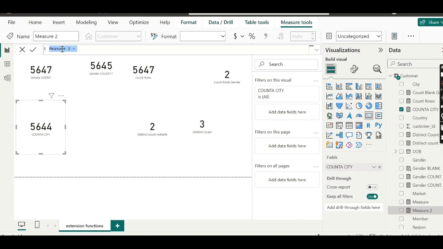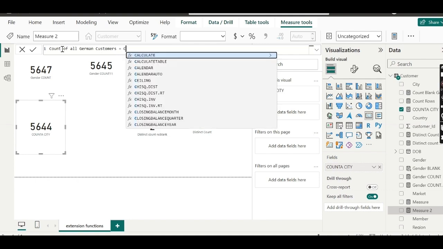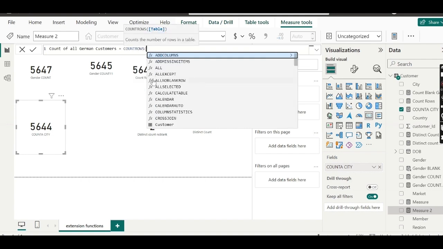First we will give it the name count of all German customers. What we will do, we will use the function count rows. We will see there are various functions here which we can use according to requirement, but we are using count rows now. Within count rows, we use another function,